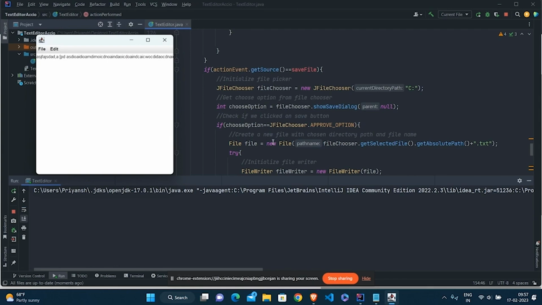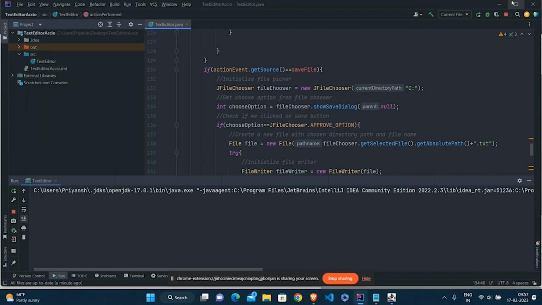In the vertical direction also we don't have a scroll bar. When I click enter, nothing happens. Our first step is to add horizontal and vertical scroll bars.